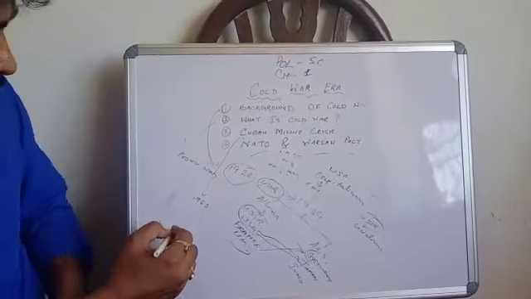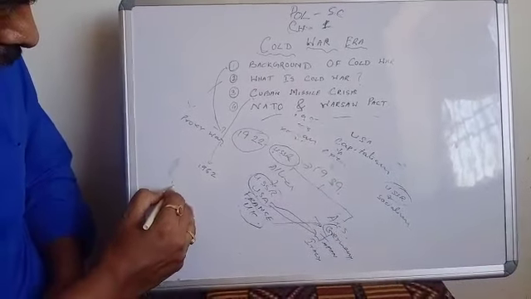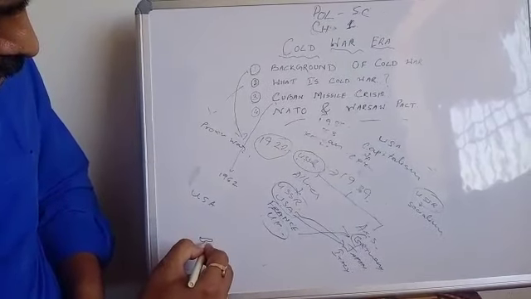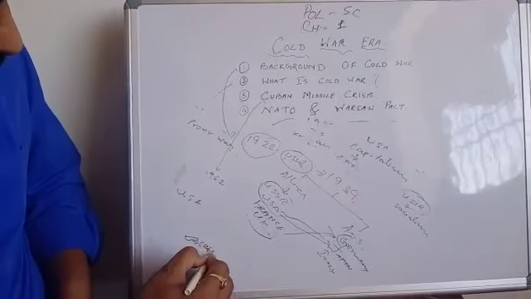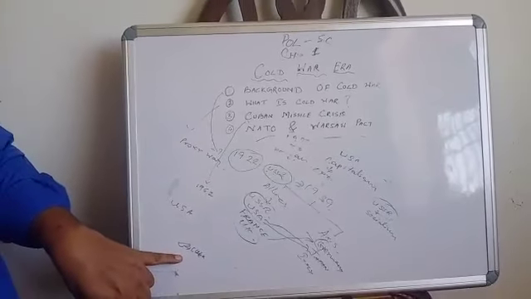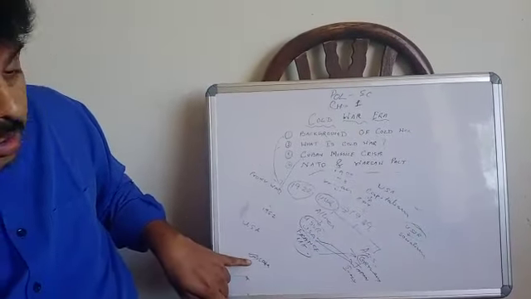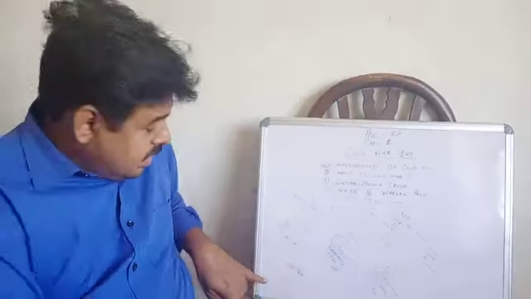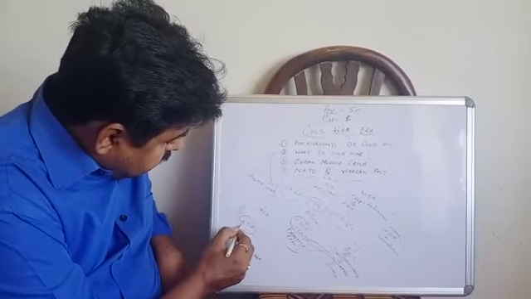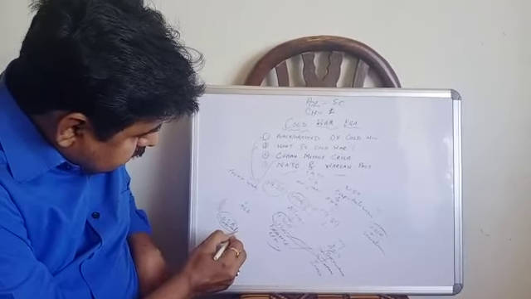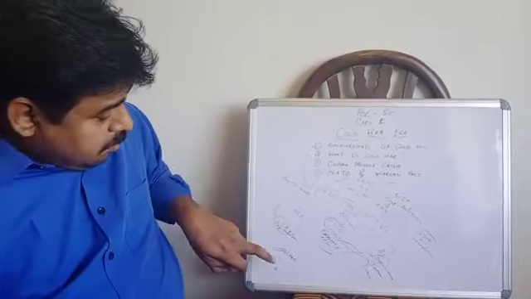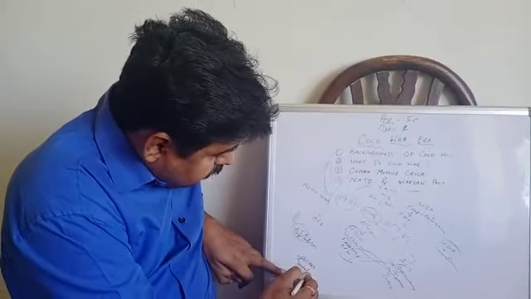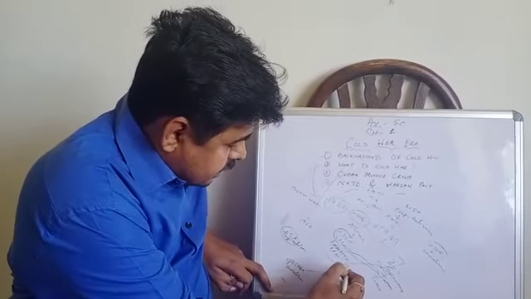What is Cuban Missile Crisis? As we know, at the southern part of USA, there was a small country called Cuba. This Cuba followed the policy of socialism. Mind it, Cuba was near to USA and was following socialism. And USA, what policy are they following? Capitalism. Try to understand. USA follows capitalism, but Cuba follows socialism. That means the policy of USSR. And here is the USSR.